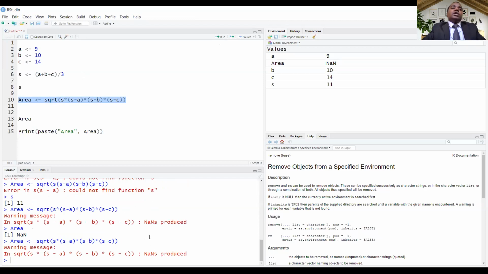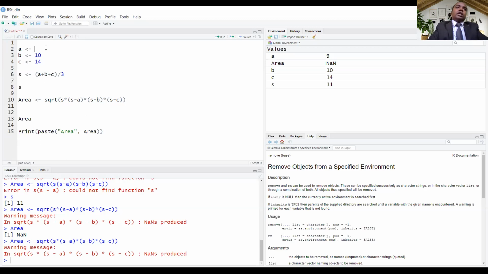That means the value inside the square root is a negative value. 11 minus 14 is negative, so we cannot find the square root of a negative number. So we'll change the values of a, b, and c and see what happens.